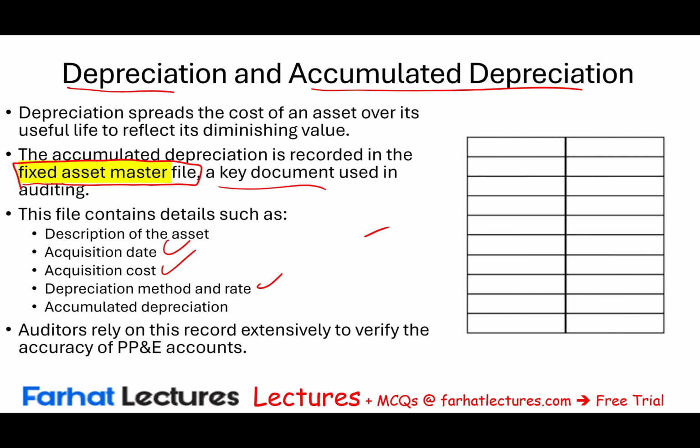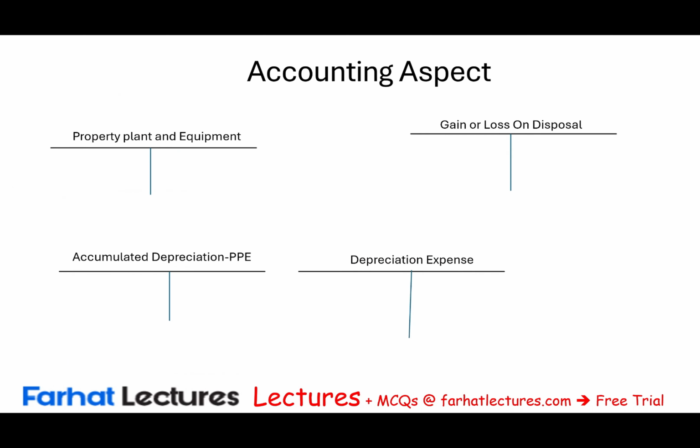So auditors rely on the record extensively to verify the accuracy of the property, plant, and equipment, because accuracy means you are computing depreciation and accumulated depreciation. Accuracy deals with the dollar amount. Now, from an accounting perspective, kind of basically real quick,